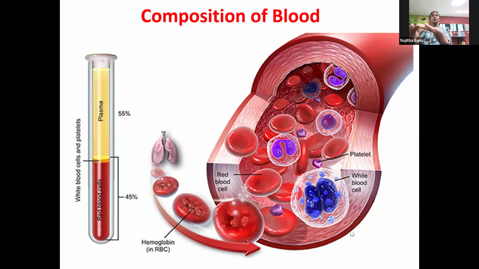There are two portions in our liquid connective tissues, basically blood and lymph. The blood is made of formed elements. What is the meaning of formed elements? If you look at blood, it is not only blood cells, it contains plasma as well. Here you can see in the PPT, the plasma is the major portion. The plasma is fluid in nature. But the RBCs, that is erythrocytes, or otherwise red blood corpuscles, are formed elements. It is the only living part of our blood. The liquid portion is plasma.